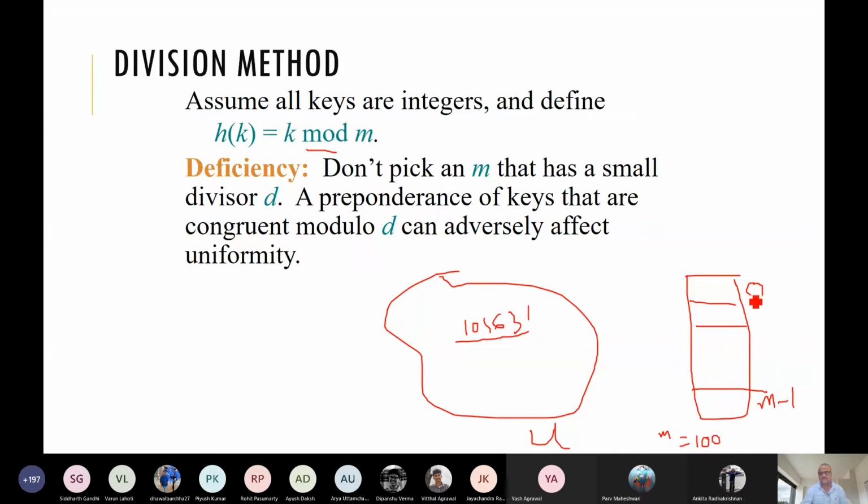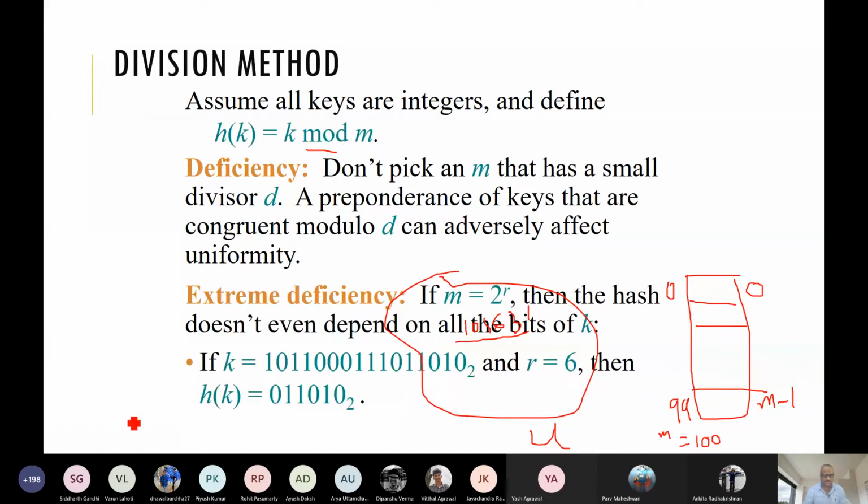So our table size is 0 to 99. Whatever key we have, h of that has to be 0 to 99. If we take the mod 100 of any key, it will give us a remainder from 0 to 99. Now we have to analyze this hash function, whether it is a good or bad hash function. For that we need to see the collisions, I mean the size of the collisions.